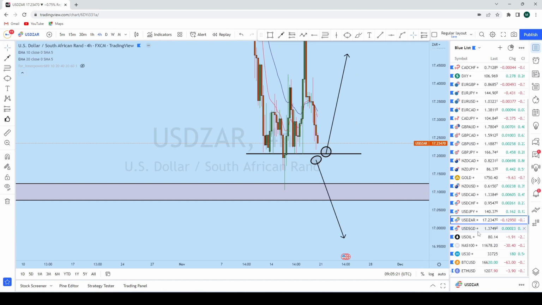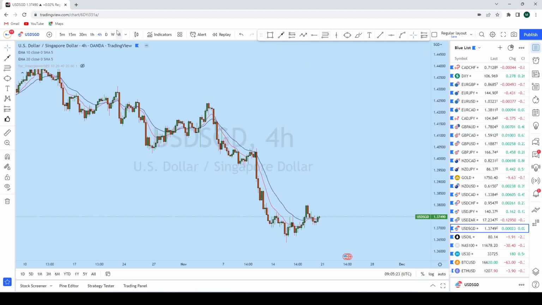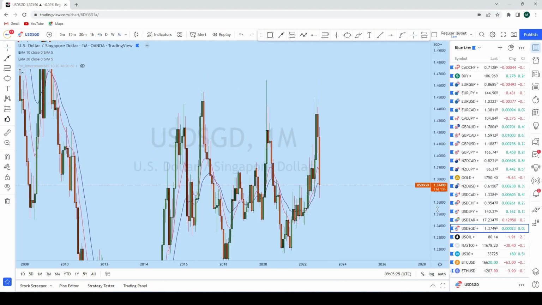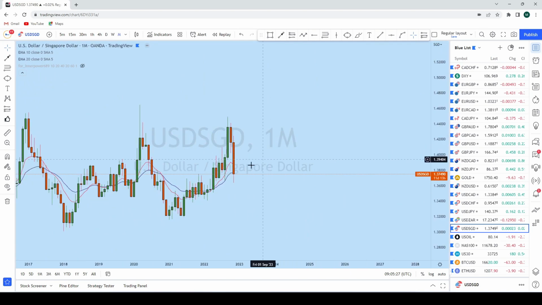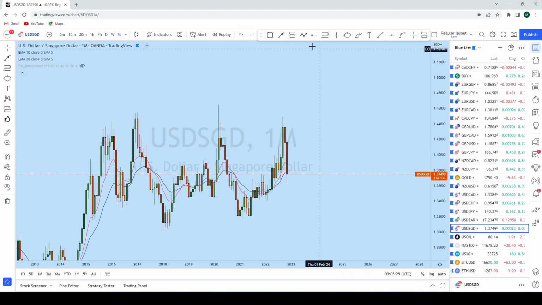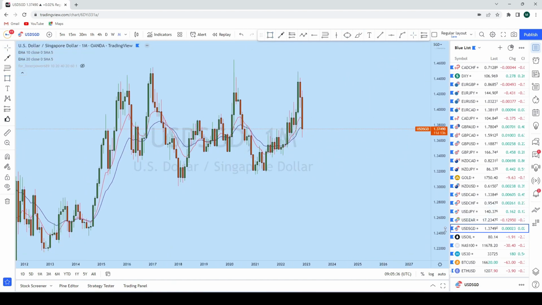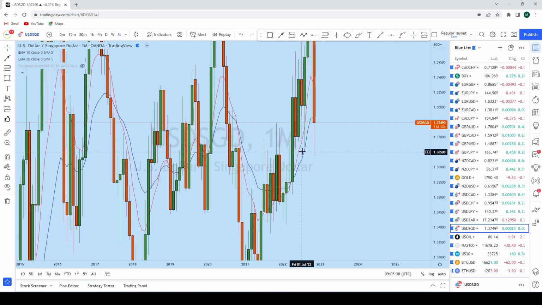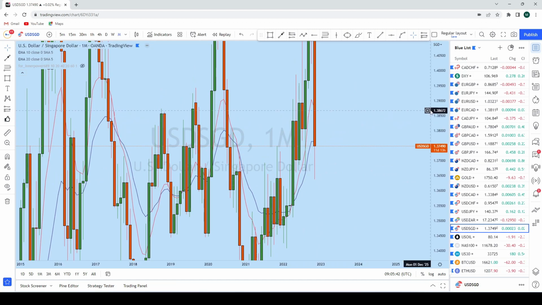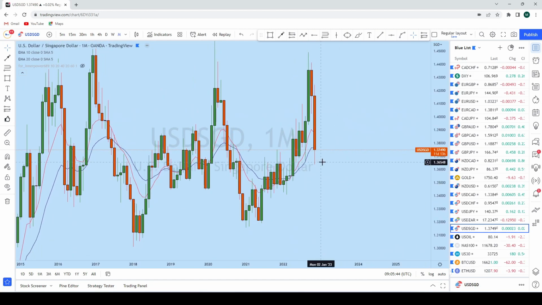Now let's look at USDSGD, starting with monthly again. Now you can see that USDSGD on the monthly perspective, it has penetrated this monthly level of support zone completely. If you closely look at, you see that the price already has broken back to back quite a few monthly low and then rejected. Because it has grabbed liquidity, we might see a further push to the upside this week